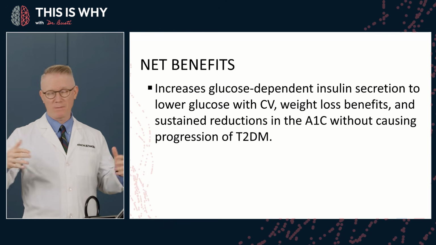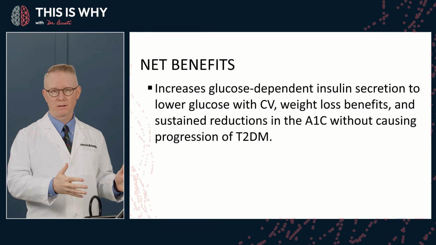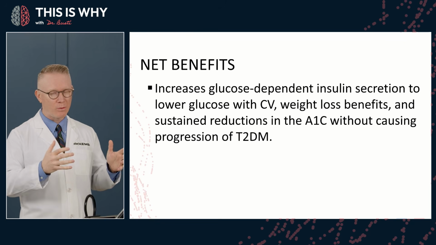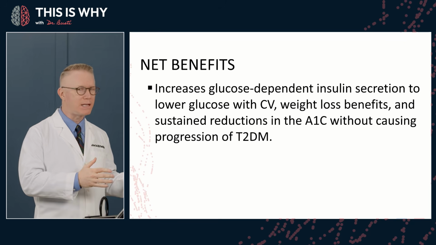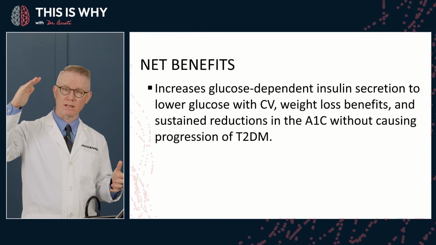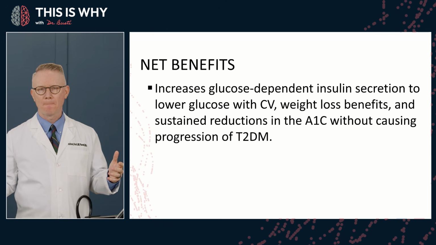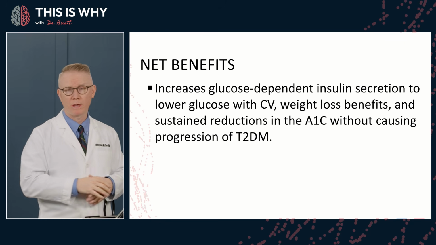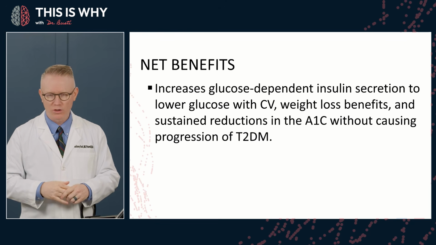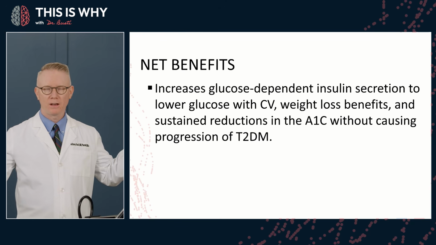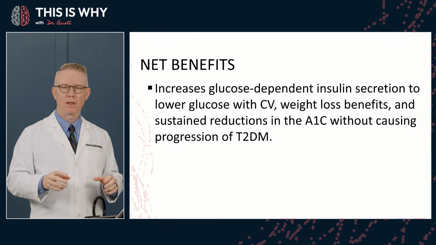caloric intake. I mean, in many respects, we're getting to the underlying problems of type 2 diabetes, and that is important. And secondarily, the A1C reductions are sustained. That is key. We didn't see that with sulfonylureas and meglitinides. We could get up to 2% reductions in the A1C with sulfonylureas. That's what the evidence would say. But it's not sustained. Their A1C starts to creep up over time. Why? Because we're wearing out the pancreas. It just dies because of overuse and overactivity from these drugs, constantly stimulating it and never giving it